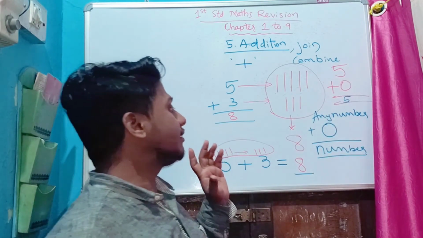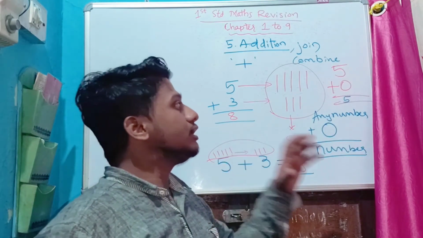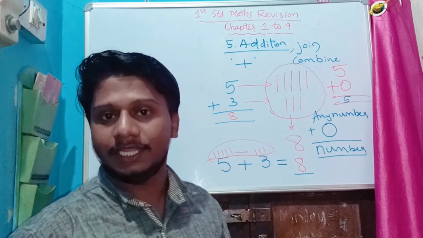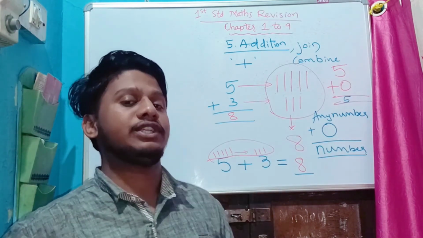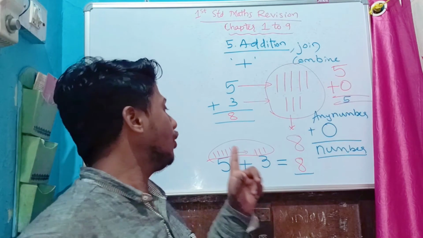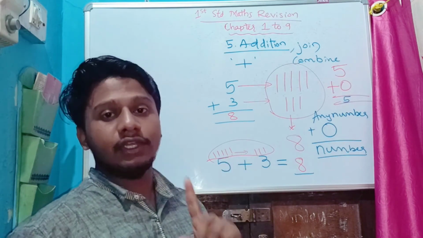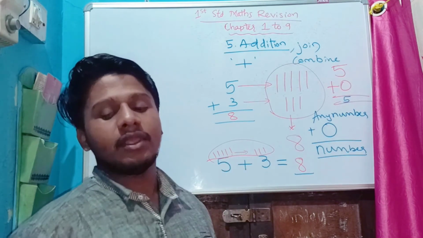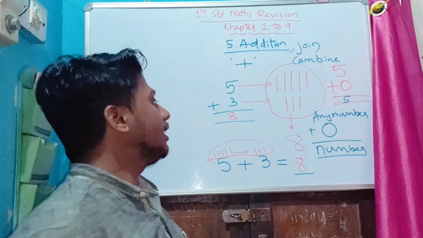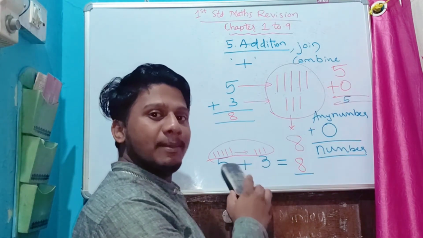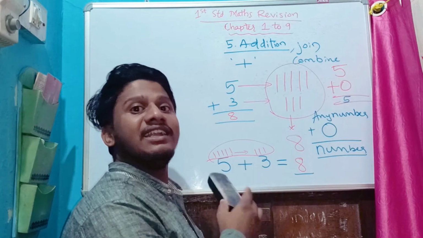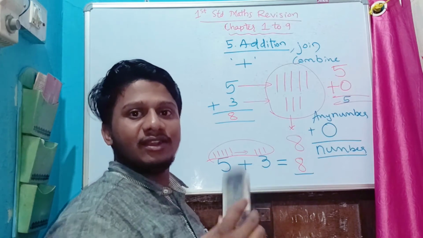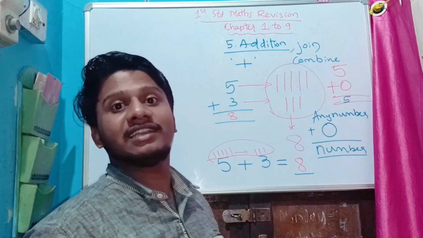So these are the things which you should remember in addition. I hope you can do addition now with the help of fingers or with the help of lines you can do. Clear with this, kids? Okay. These lines you will apply only when it is of single digits. Okay. 2 digits we will see in the next class.